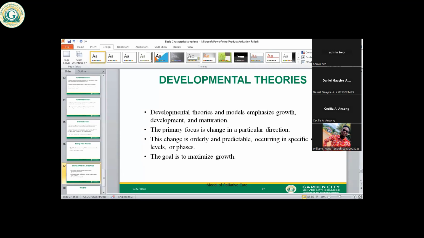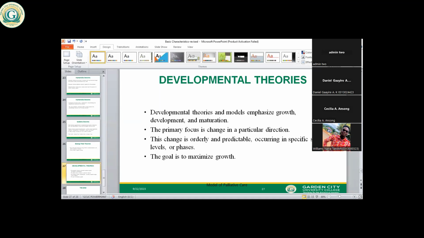Again, the theory also spells out the unique behavior that pertains to a group of people at each stage. So at each stage, the behavior pertaining to a particular group of people is unique. When you take adolescents, behaviors that are common in adolescents are different from behaviors common in older adults. So theories that talk about processes of growth and development from conception till death are the developmental theories.